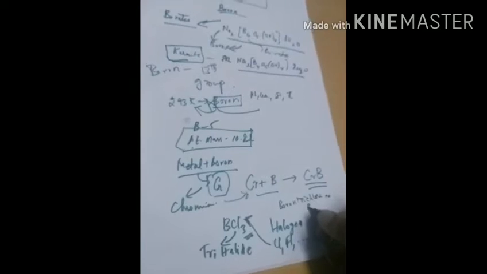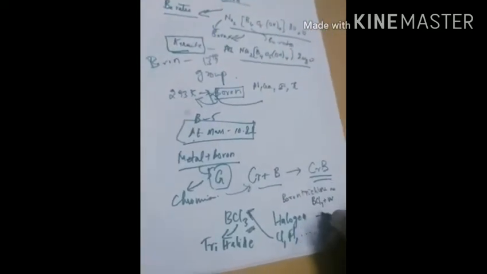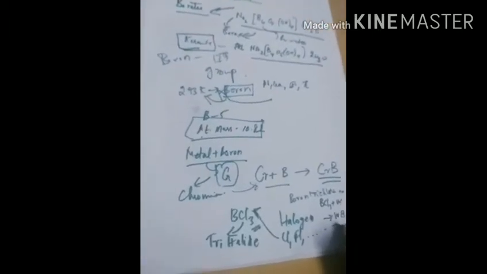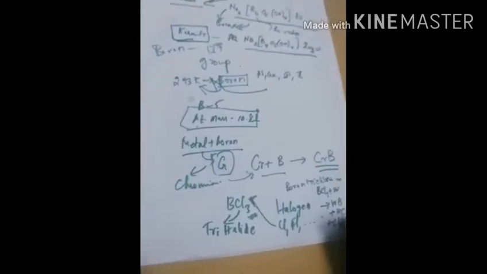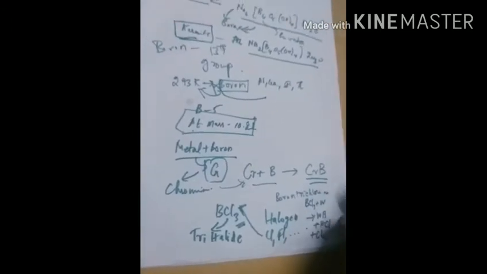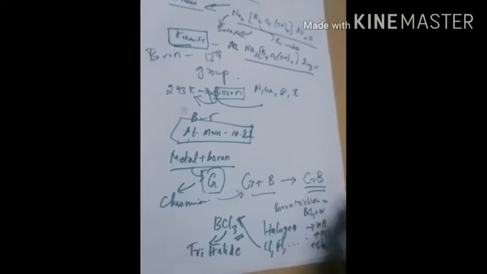Boron trichloride with any metal or something, it will produce the combination of metal and boron, plus the chlorine will be removed as acid or some chloride form. So this is about a reduction of boron with halide. So now I am going to tell you about the formation of halide.